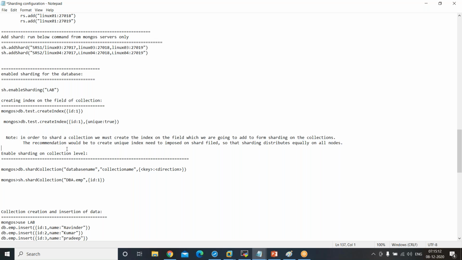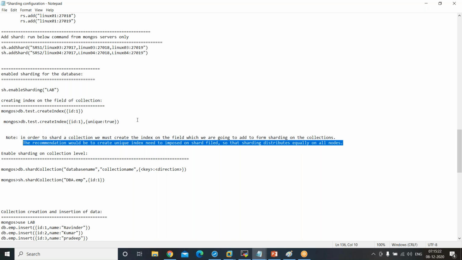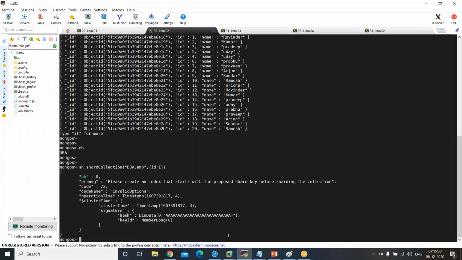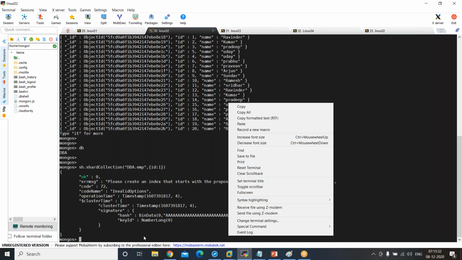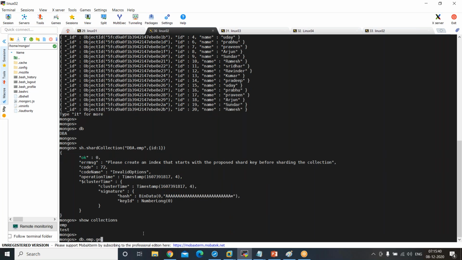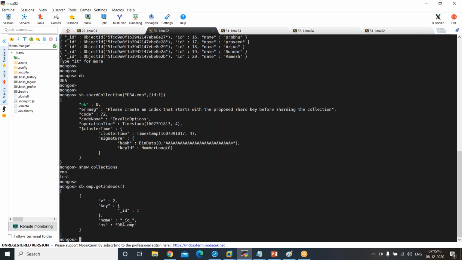Looks good. The recommendation would be to create the unique index to impose on a shard field so that the sharding distributes equally in all nodes. So that is what the unique must be given. It's a recommendation. Even if you don't give it, it will accept it. But the better thing is try to keep it unique so that data distribution goes in the background unique. So I'm creating the index. Before I create the indexes, show collections. We know this already. emp dot getIndexes. We have only one index by default, which is called default index. Now we are creating another index called